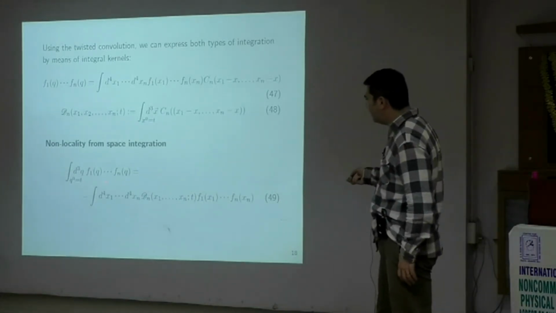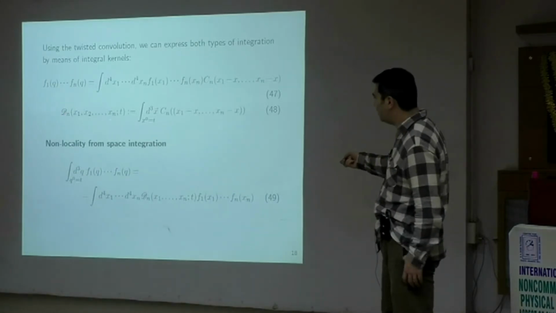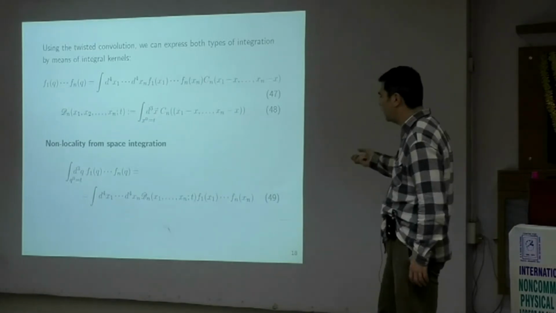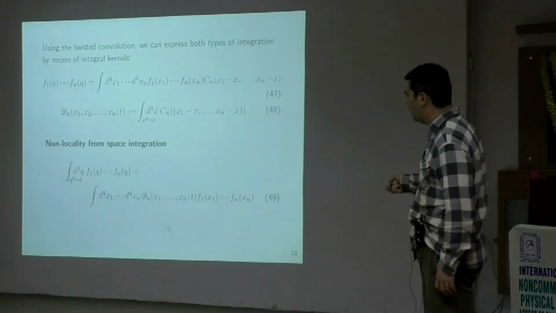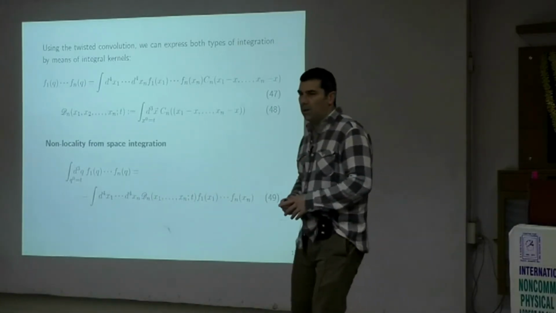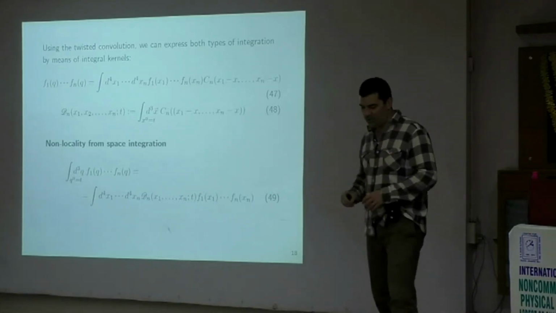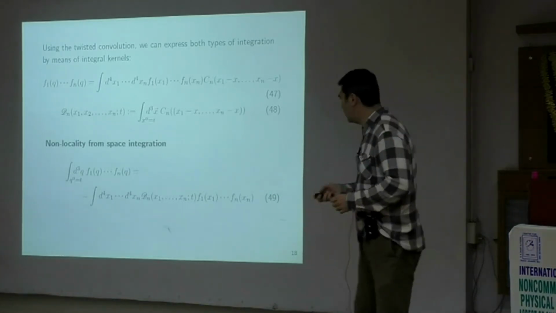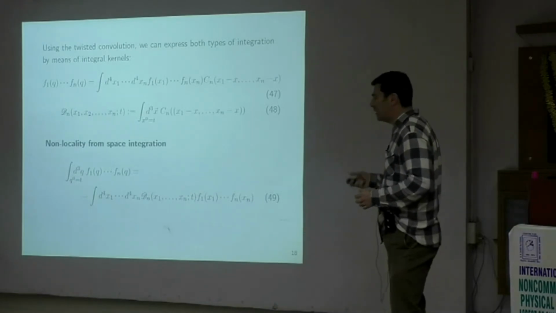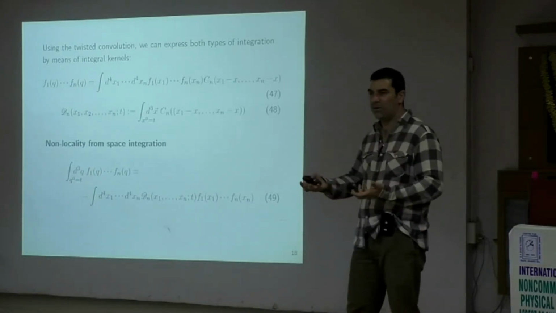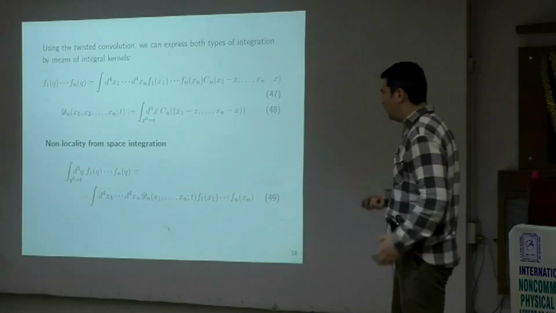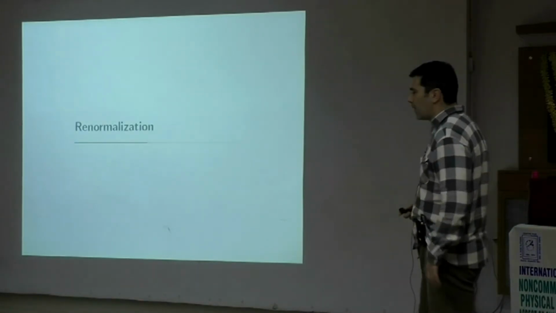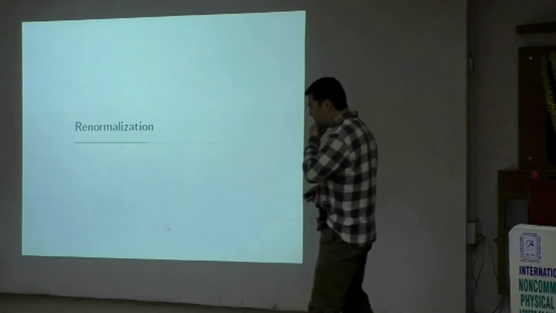Now, for the space part of the integral, we have this other kernel, which can be obtained from the Cn kernel by integrating over space. And it also fulfills this type of property, so we have these kernels. Details are not important here for the computations, but conceptually I think it's important to mention that these kernels, of course, are non-local, introduce a non-locality, and this non-locality will be mirrored in any quantum field theory we construct over this space. Okay, so this was a review of the basic